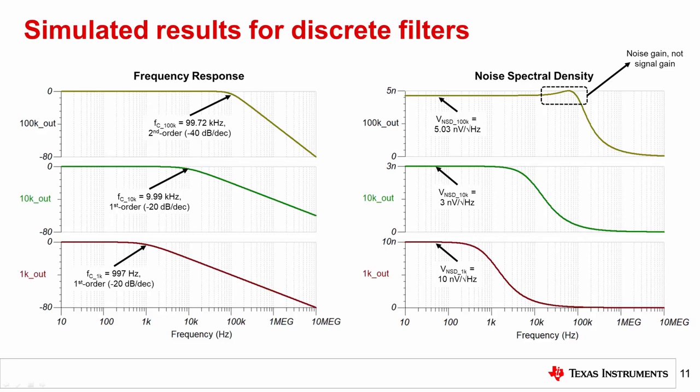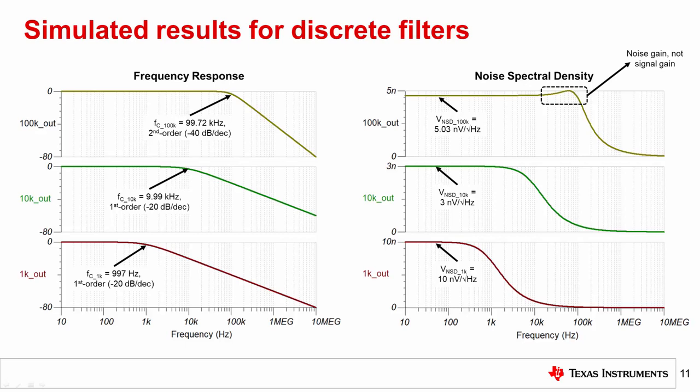As stated on the previous slide, an ideal op-amp was chosen for the second order filter because a real amplifier would add complexity to this system. You can see on the yellow plot on the top right that there is already a slight increase in noise spectral density around the cutoff frequency, even when using the ideal op-amp. This discrepancy results from impedance in the feedback path, causing a noise gain, not a signal gain, that would be exacerbated by a real amplifier. In a real-world application, it would be necessary to account for these variables, but for the purposes of understanding the concepts in this module, it can be ignored.